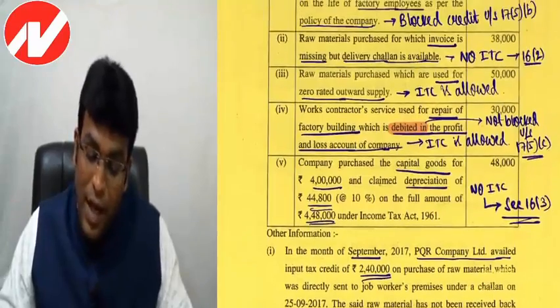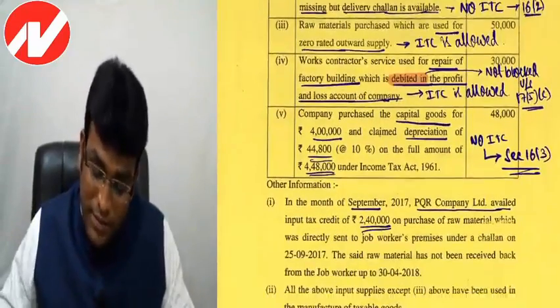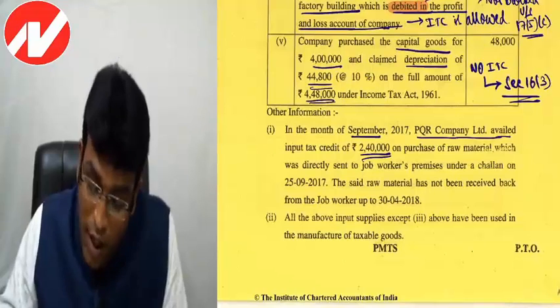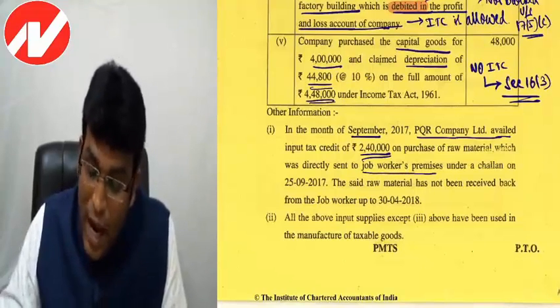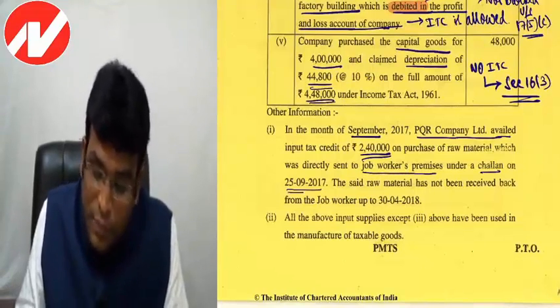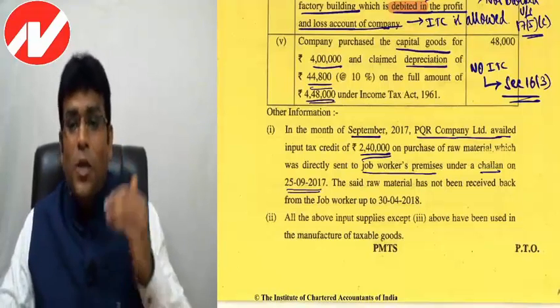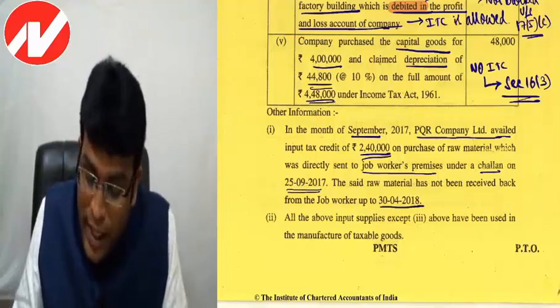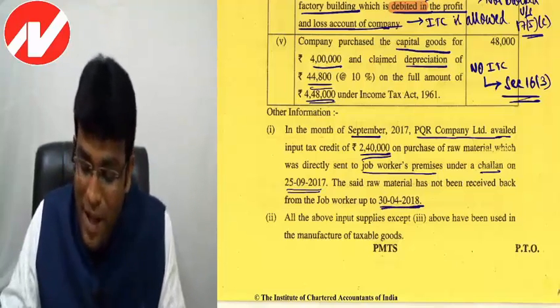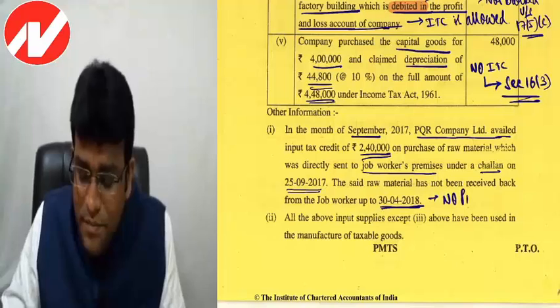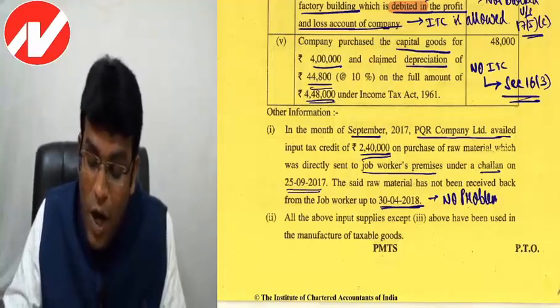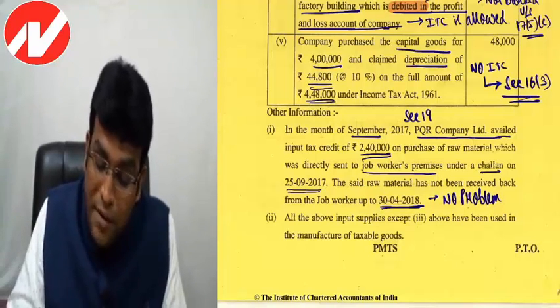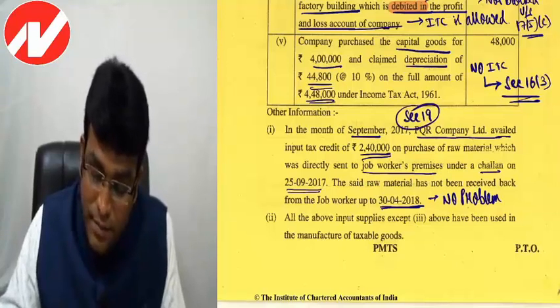Raw material, which was directly sent to job worker premises under a challan on 25th September 2017. Said raw material has not been received back from job worker up to 30th April 2018. My answer is no problem. Why? Because as per section 19, my dear friends,